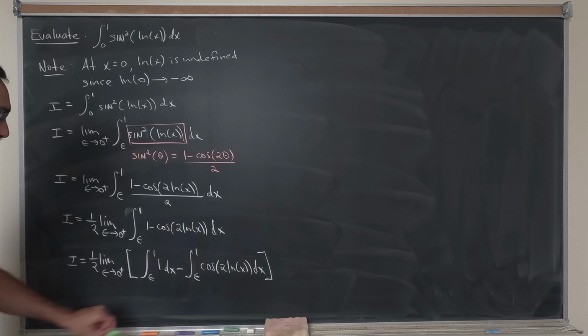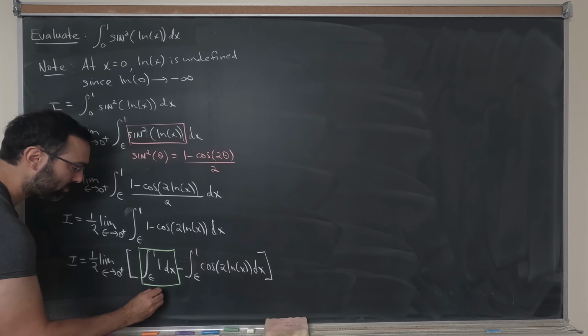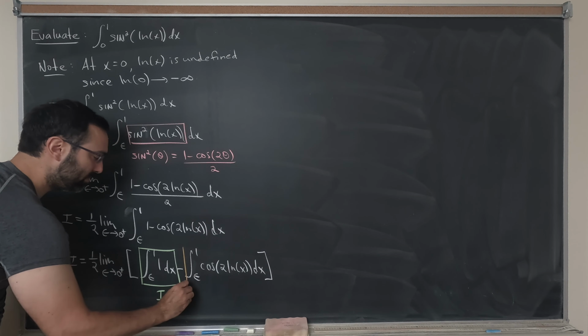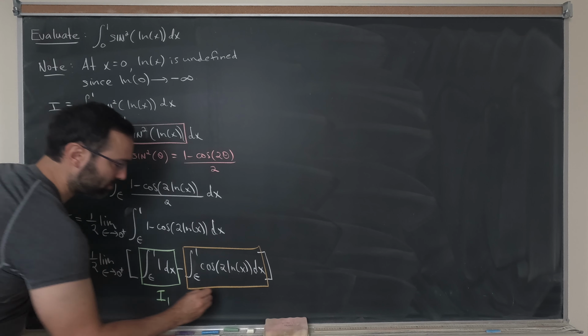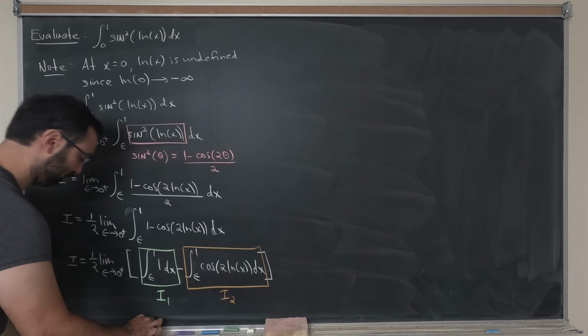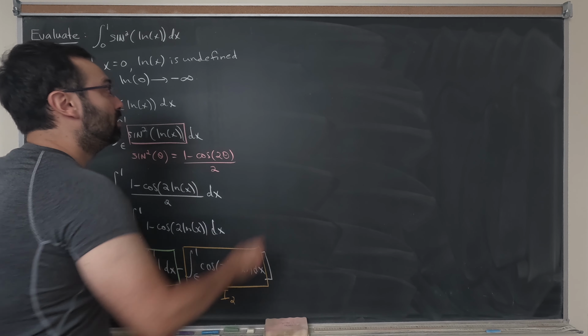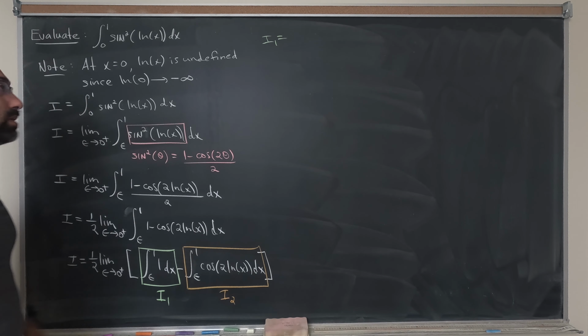So from here, we have two integrals to evaluate. We have this one over here. Let's call this I1 in green. Then we have this one over here. Let's call this I2 in orange. Now I1 is easy to evaluate. Let's go up here. So I1 is this integral,